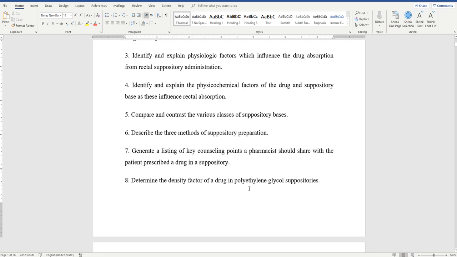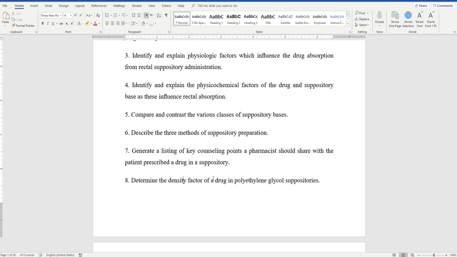The last thing is to determine the density factor of a drug in a suppository base such as polyethylene glycol. Now, polyethylene glycol, which is PEG, is a suppository base, and in order to prepare a drug in such bases, we need to know the density factor of the drug. I will not discuss how to calculate the density factor. Maybe you will have this in the lab, but you'll be given the density factor of a drug in a base, and then based on that you'll be calculating the amounts of the base and the drug to be used in order to prepare suppositories. So if I want to prepare suppositories, whether using the molding method or compression, later we will talk about these methods,